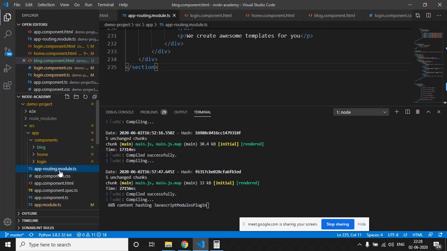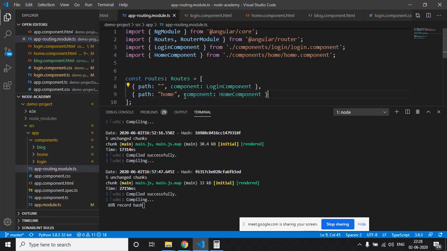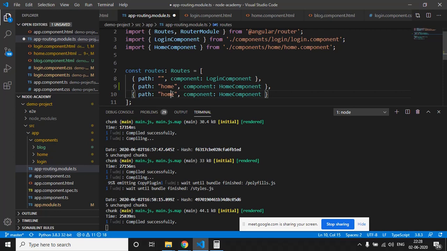So just go to the app-routing.module.ts for creating a route for that component, and we have to add a route for the block component as well. I just copy pasted this block, and here I will mention on the URL block which component should load.